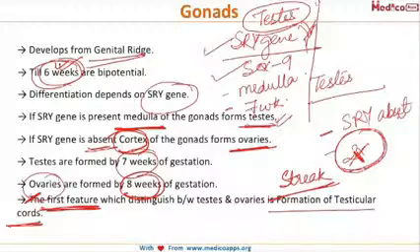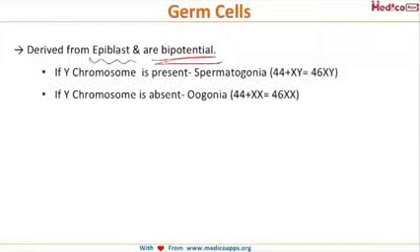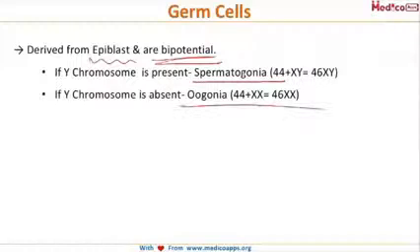Now about the germ cells. These germ cells, they are derived from the epiblast and they are again bipotential. And as we know, if the Y chromosome is present along with its SRY gene, then these germ cells, they differentiate into spermatogonia, and if this Y chromosome is absent, then they will develop into oogonia. Now, this is all about